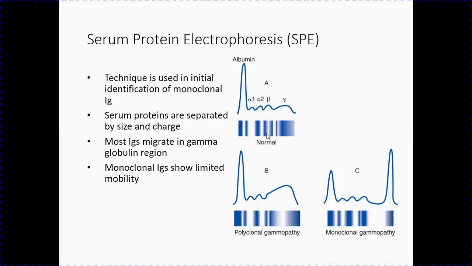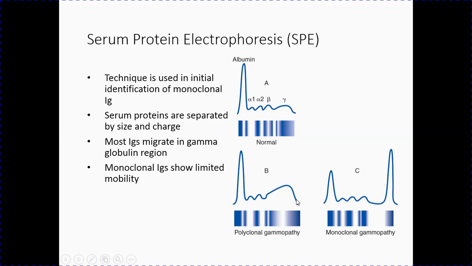IgM, IgG, IgA, IgD, and IgE also all migrate into the gamma globulin region here. So most of the immunoglobulins are going to migrate into the gamma globulin region, which makes sense. But the monoclonal antibodies, we're going to see that they look different. So this is a typical polyclonal gammopathy. It's not one of these diseases, but one where you have just a production of non-malignant immunoglobulins. When we're talking about polyclonal immunoglobulins, we're talking about heterogeneous populations. They get derived from clones of plasma cells, but not necessarily these mutated versions that were only producing monoclonal